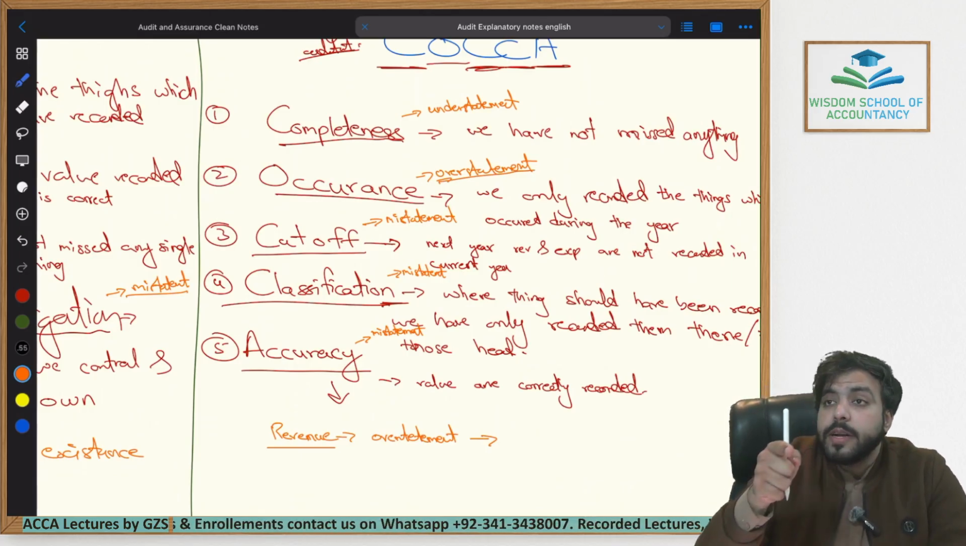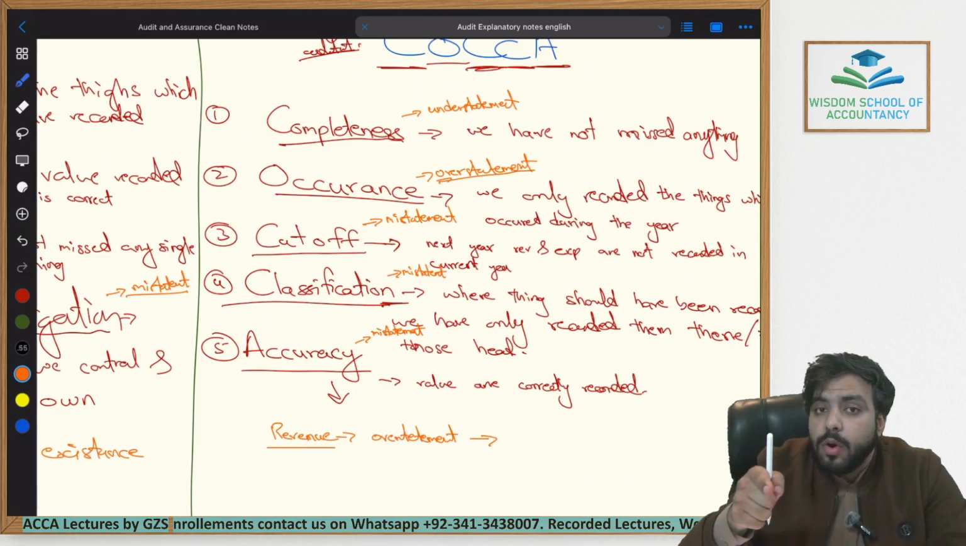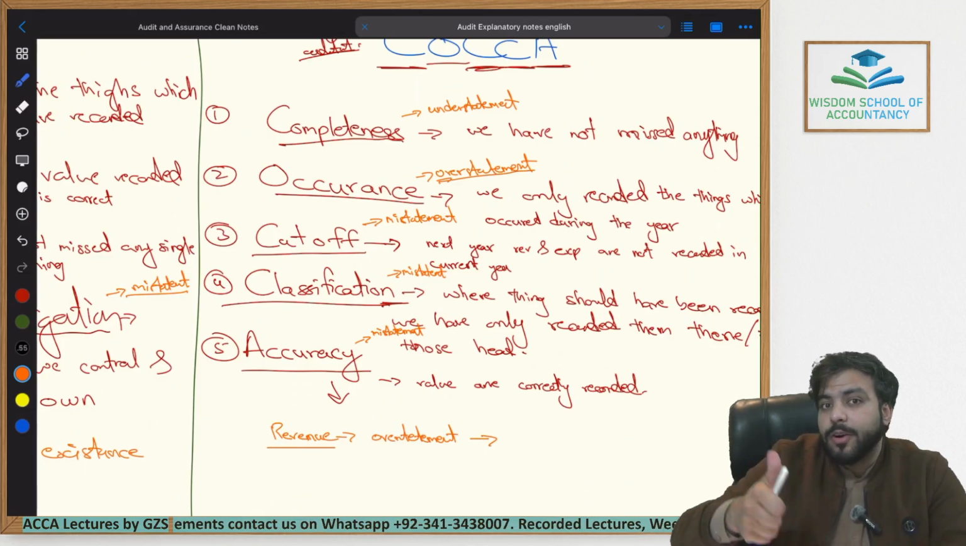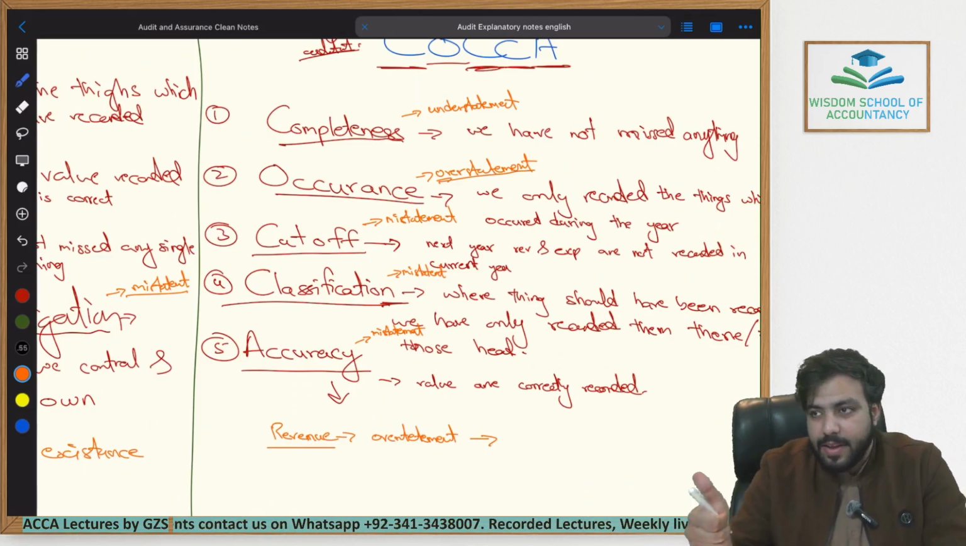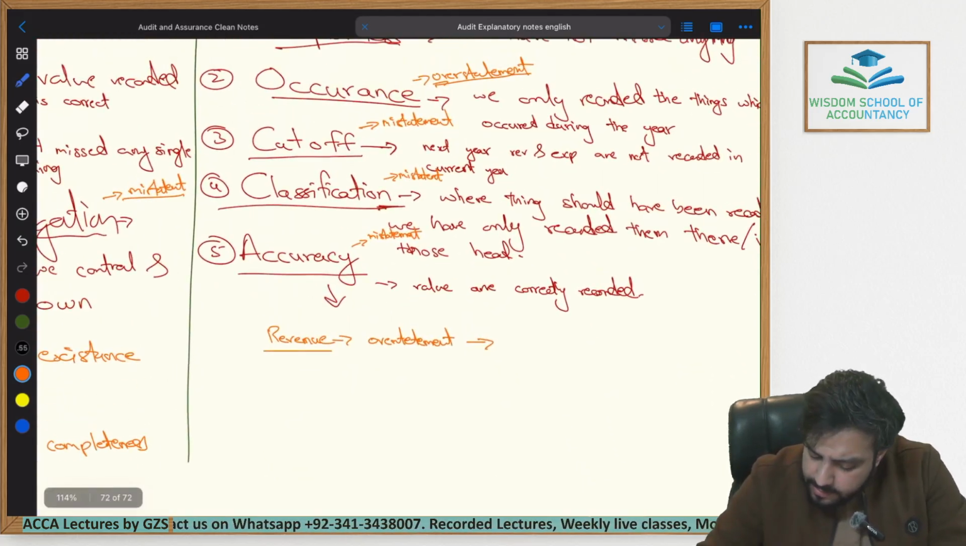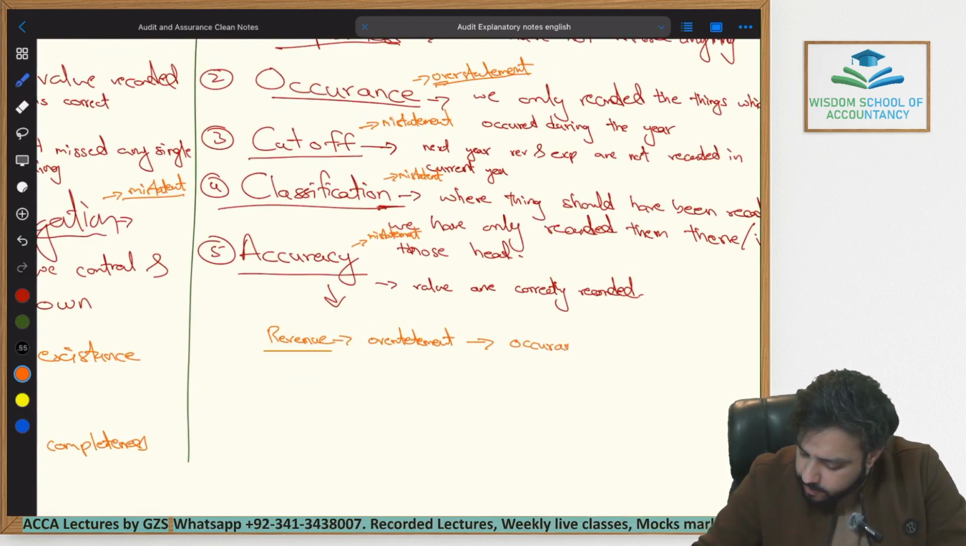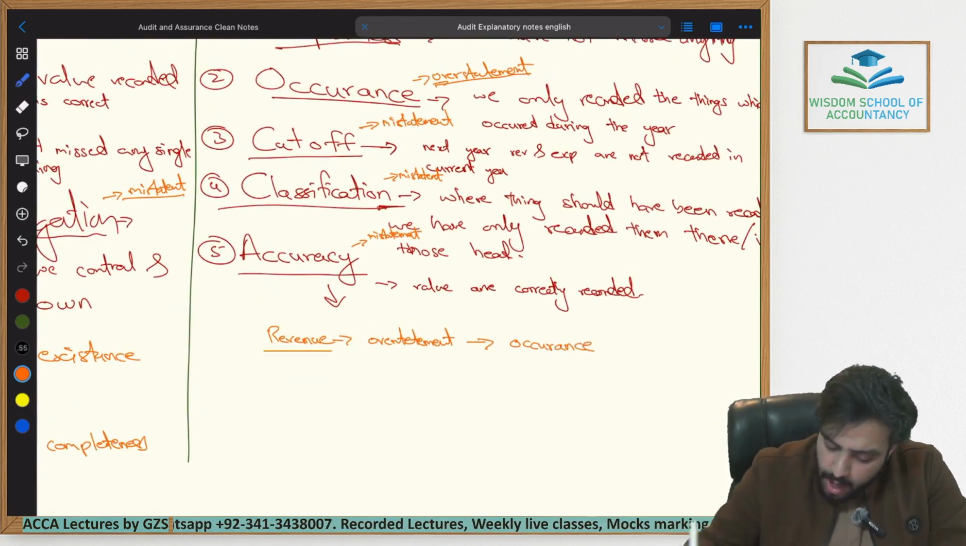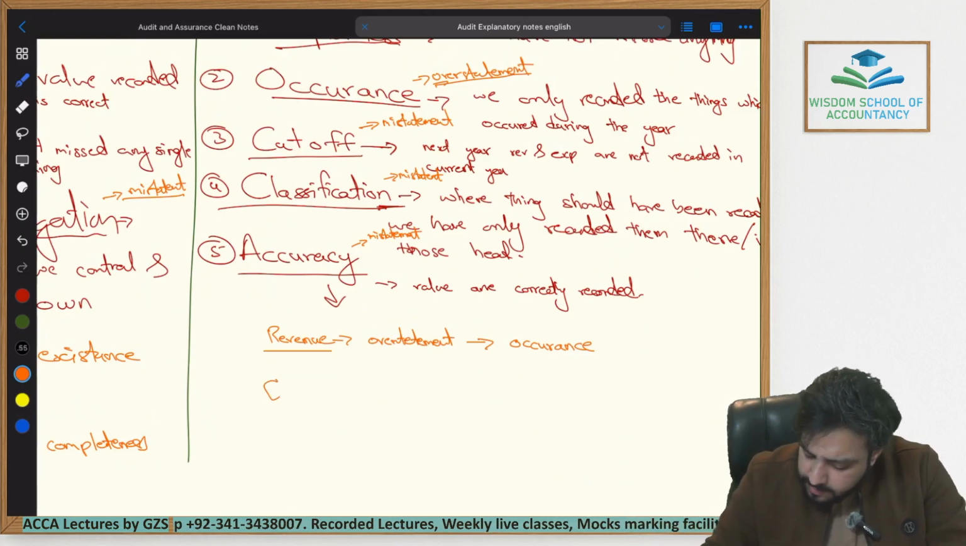So management would most likely want to say that revenue is only recorded which has occurred during the year. We have not over recorded the revenue. So in 99% of the cases, occurrence is linked with revenue. Occurrence is linked with revenue. But when we come towards expenses